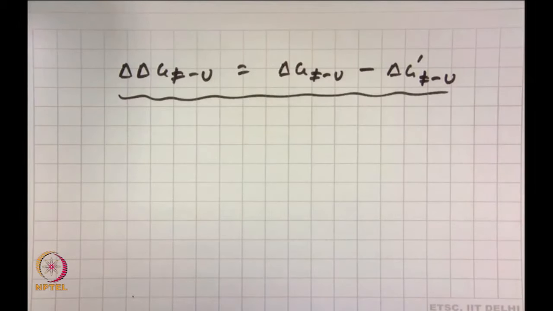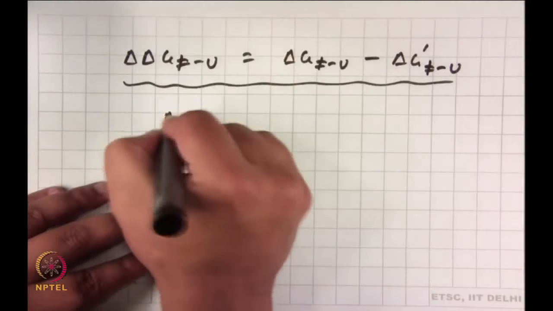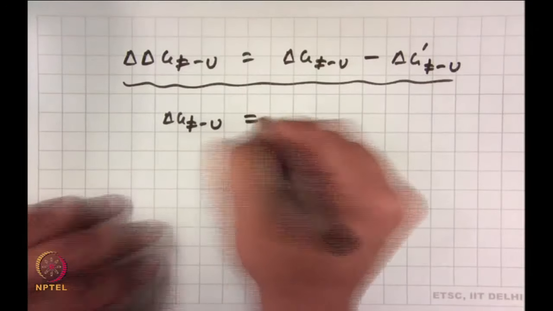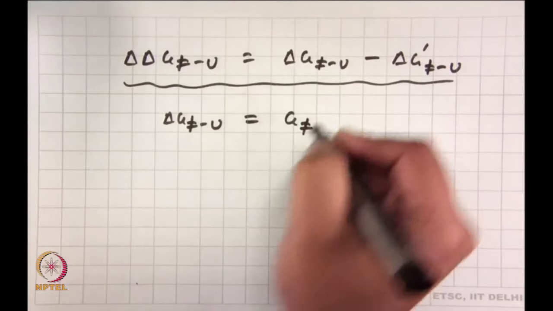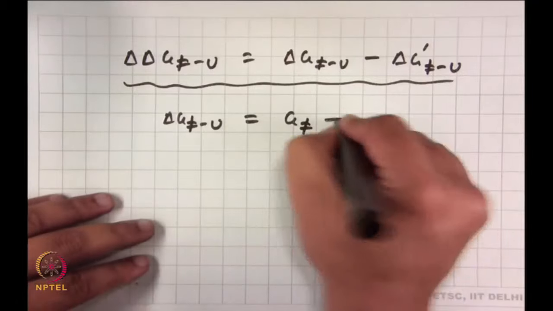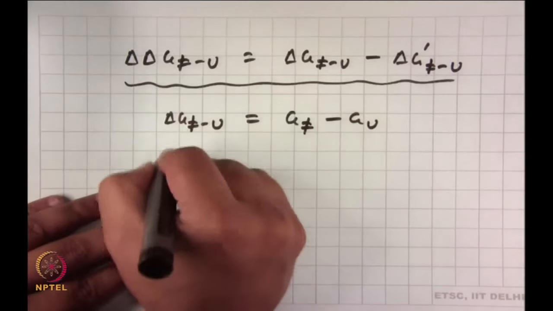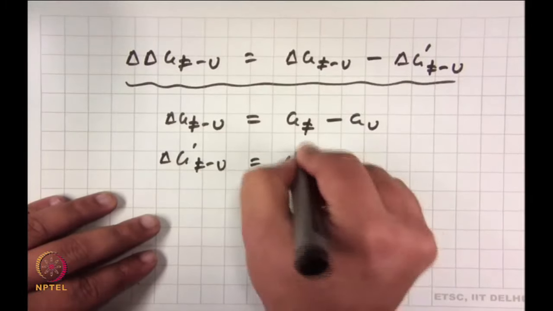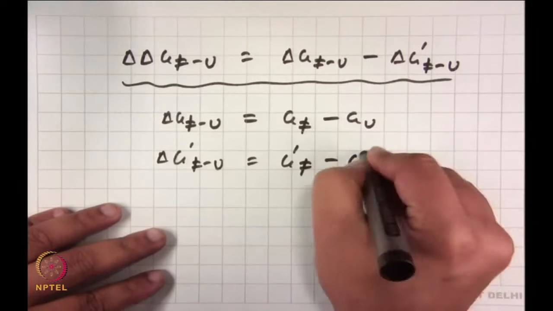Okay. So, now see where I am going, this delta G u is essentially what? It is essentially G, that is the free energy of the transition state, minus the free energy of the unfolded state, is not it? That is what we know it by. Similarly, the delta G prime u is the free energy of the transition state of the mutant minus the free energy of the unfolded state of the mutant,